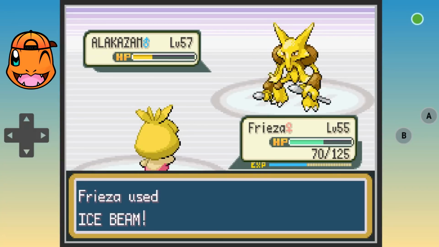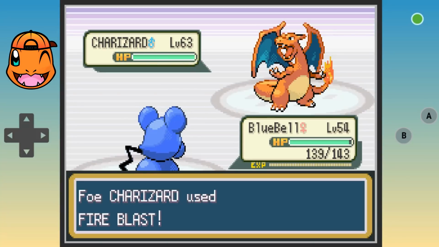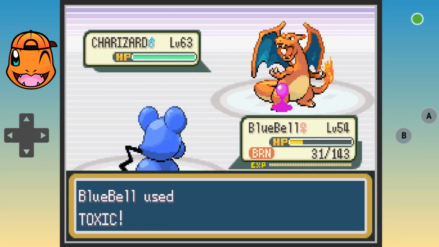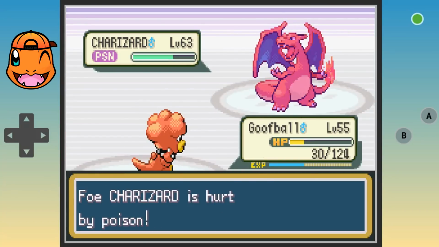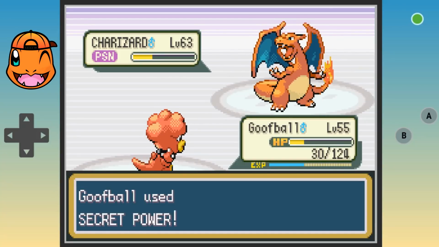Now it's time for this level 63 freaking Charizard. Luckily, Bluebell can take the Fire Blast, and we get the Toxic off and take the Future Sight attack, absorbing all the damage for Goofball to come in, hit it with a Confuse Ray, Secret Power it down, Citrus Berry range. That keeps it right out of healing range, guys, but the Poison knocks it back down, and it gets